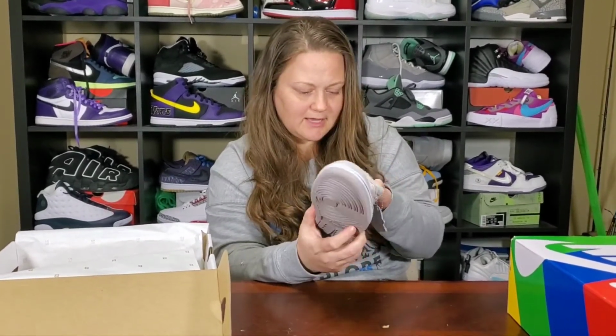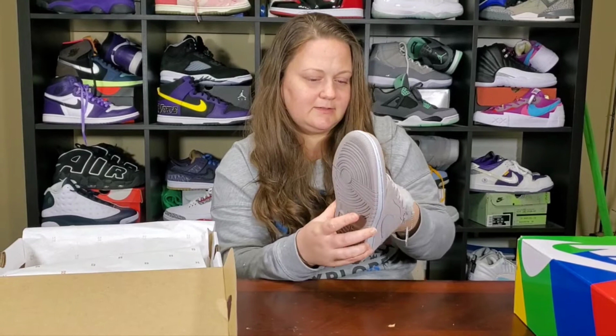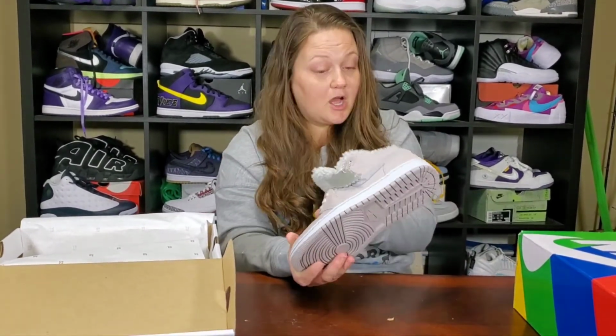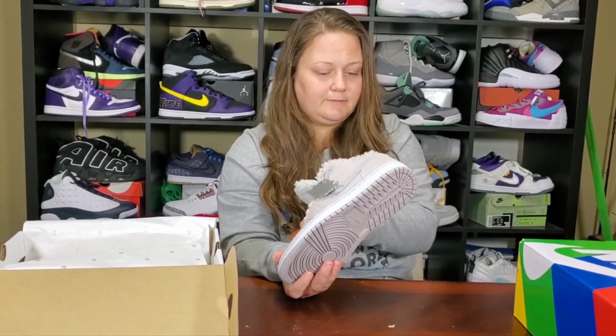The Sherpa does go on the inside and the foot part. I don't know, maybe for winter. Right, it's definitely a winter shoe. Definitely not feeling it right now. Well, it's winter right now. But